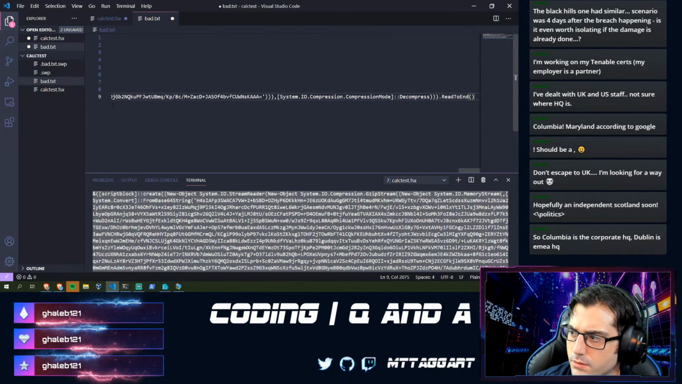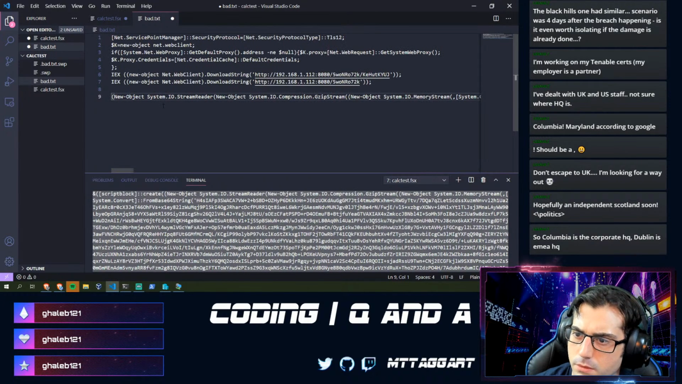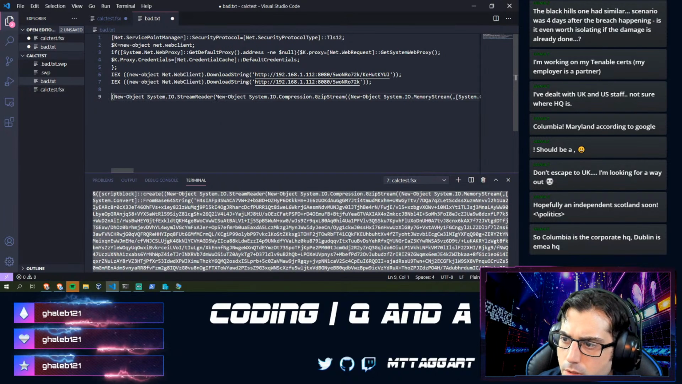So we're saying new object System.IO.StreamReader, new object System.IO.Compression.GZip. So the StreamReader comes out of